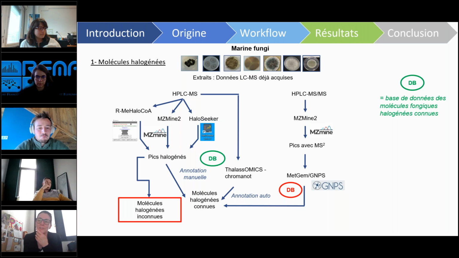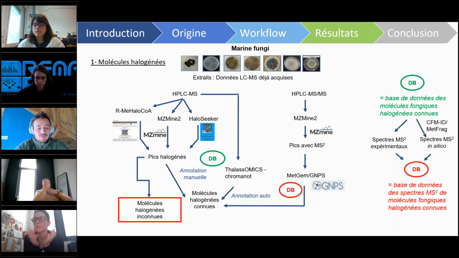I guess you already know that. And this allows us to group together compounds that would have similar MS2 spectrum, and also to interrogate databases to find out non-halogenated molecules. And finally, the last thing that I think about doing, it's not done so far,